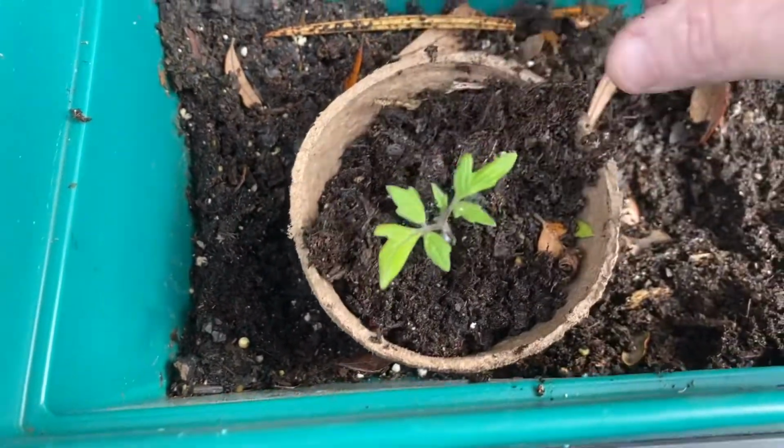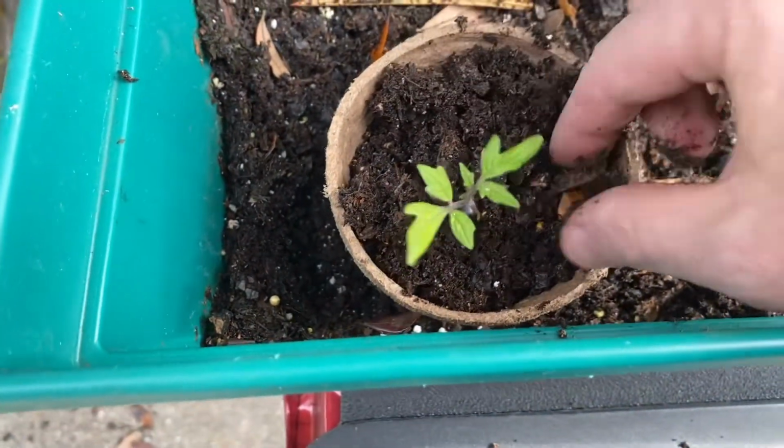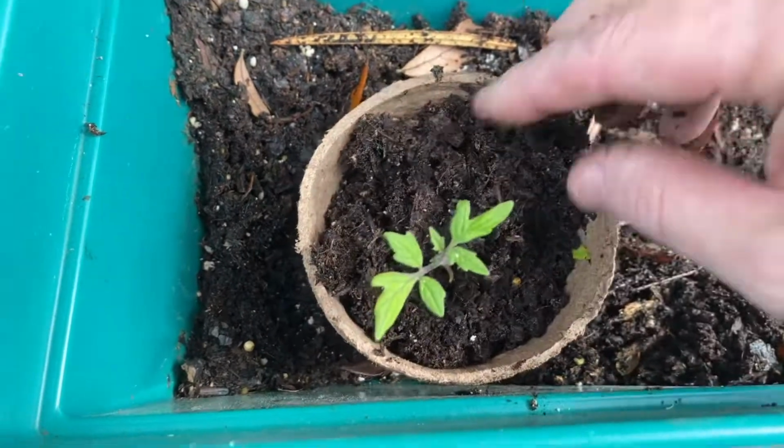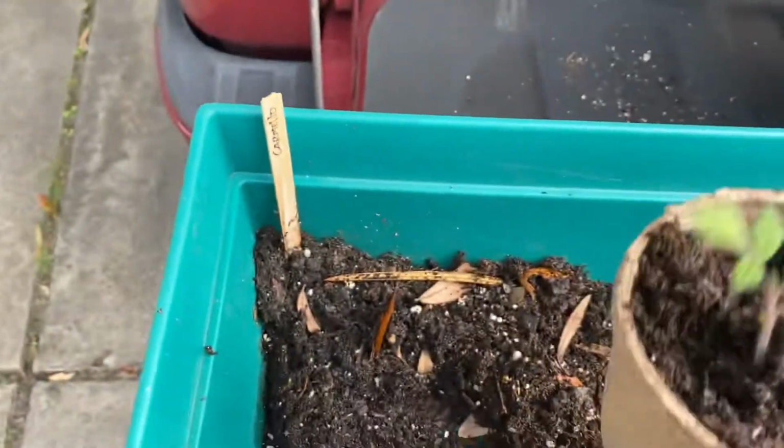I get them old leaves. What I'm using here is some old raised bed and garden soil. All right, now once I get that so much,